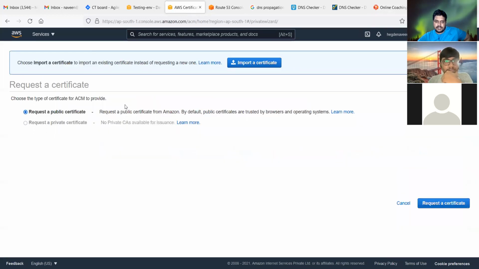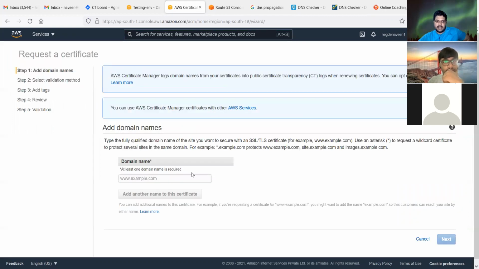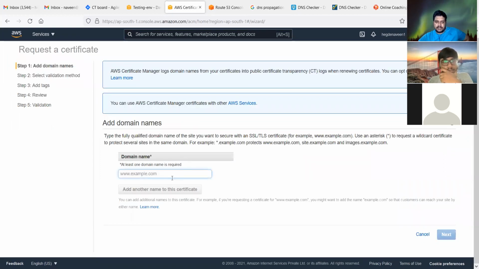Yeah. So you just request a certificate, request a public certificate, and you enter the domain name. Here you enter also the wildcard. For example, it'll be codegrace.com and star.codegrace.com. So when you type a domain name, you can add another one: add another name to certificate.